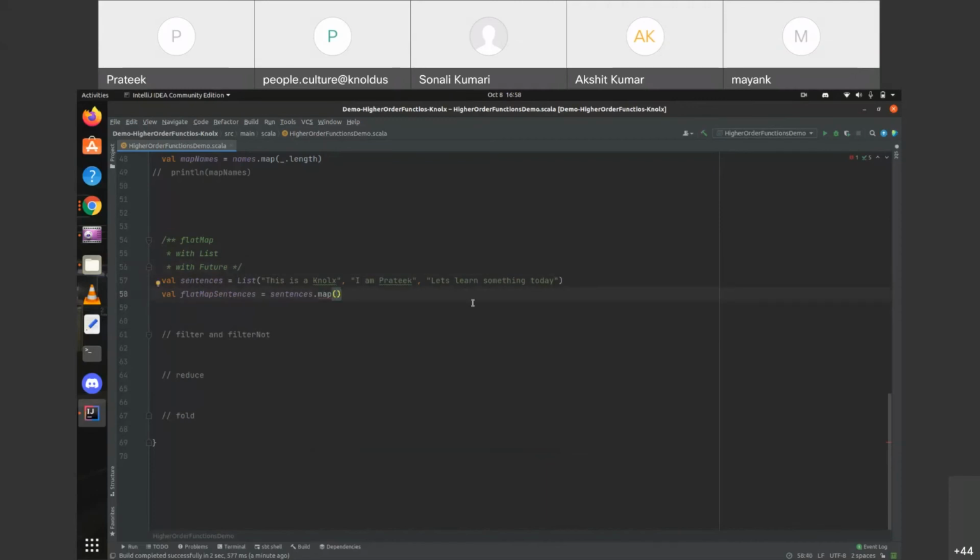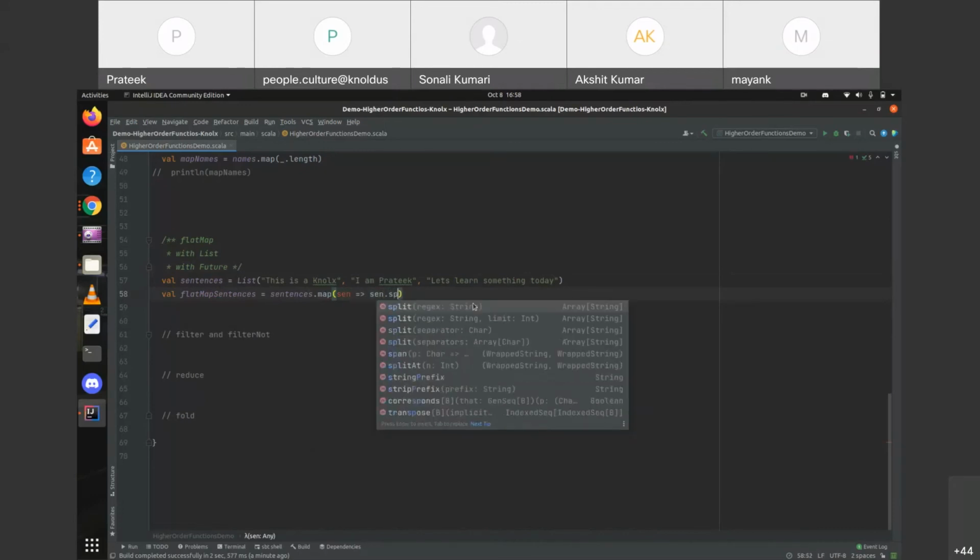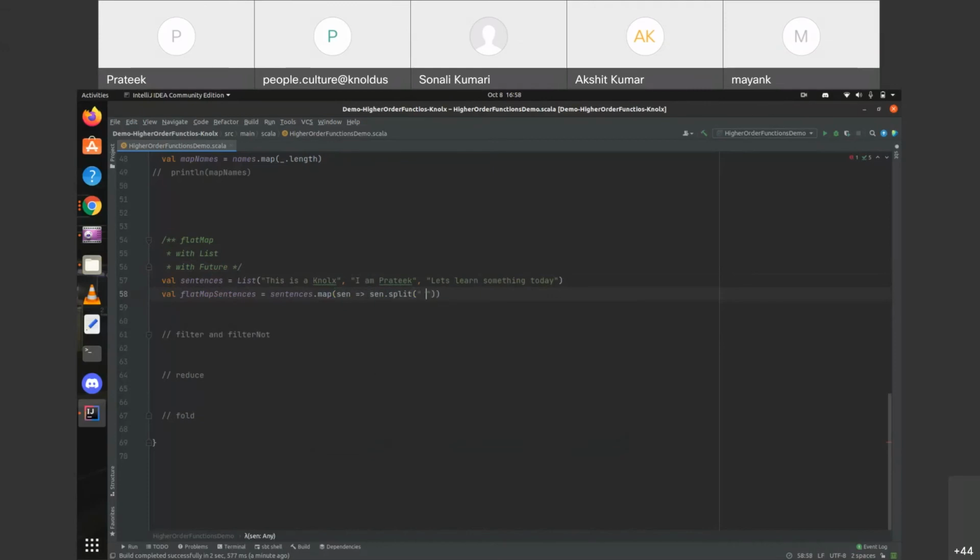Map, and simply what we are doing, sentence and sentence.split. Okay, so we are taking each of the strings and we are splitting it into its words. And what we are getting here is a list of arrays of strings.